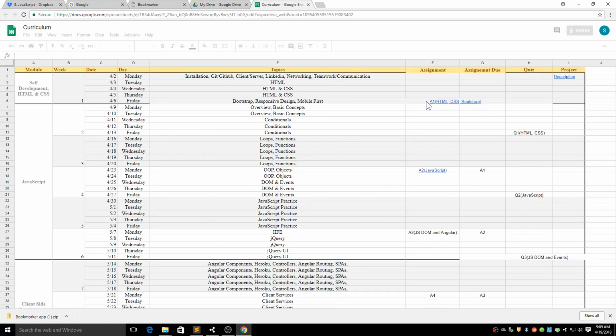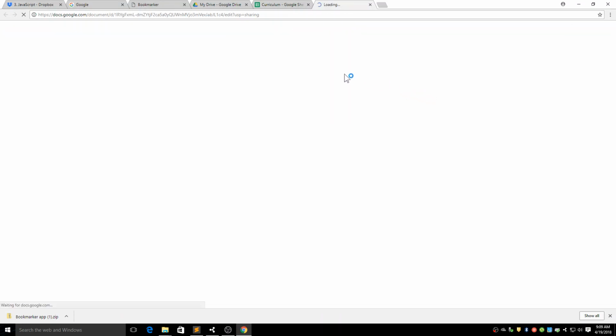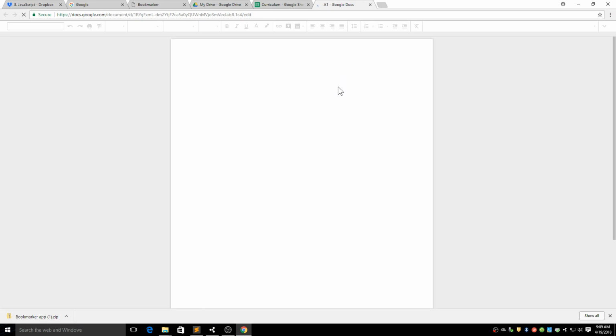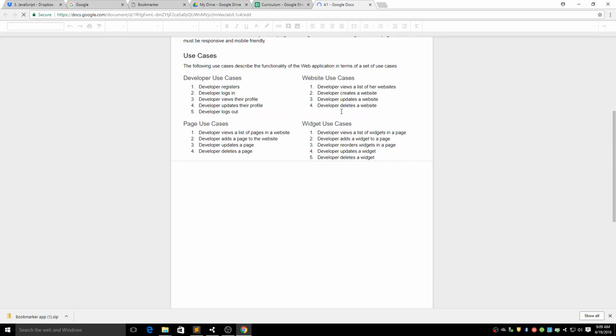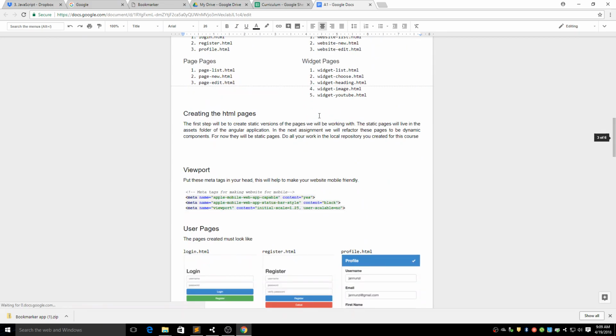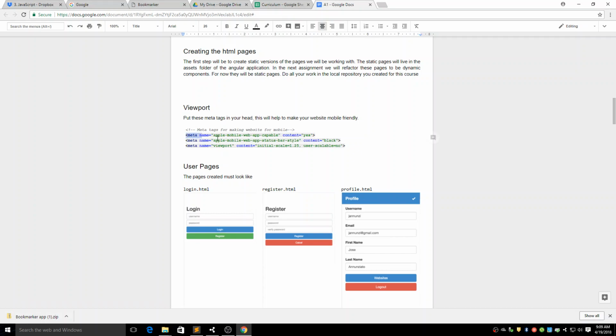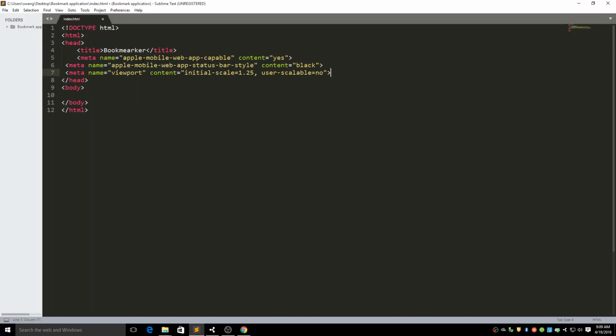It should be here. Let's go down. Okay, here is a viewport. Let's use the meta tag. Let's copy it, put it here under the title, and